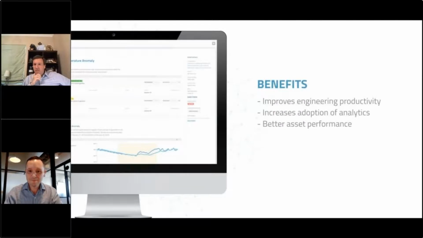So, what are some of the benefits? So the first one is it improves engineering productivity, right? And you also get to work on more fun things because you're automating a lot of the initial views, right? And so you can focus on where the value is. The second one is, people will tend to use the analytics more. And we've seen that, when a predictive analytic triggers that people have helped create and they know what it means, they're going to look at it very quickly, right? Because they know that it's important and they know to follow up on it. So it increases adoption of analytics far beyond sort of simple alerts.